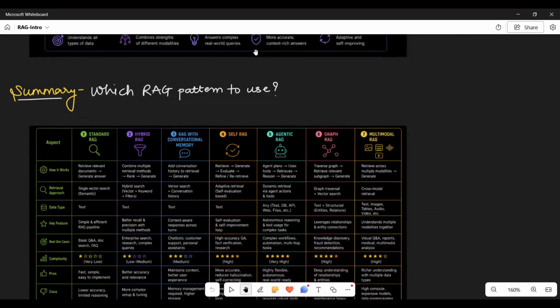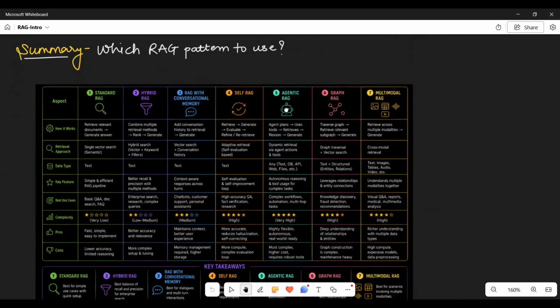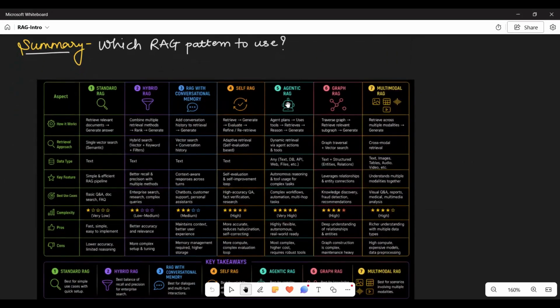This completely depends upon the use cases, right? So if you use standard RAG, it is best for simple use case, basic Q&A and quick document search. Hybrid RAG, when you need better recall and precision, when user asks queries in different ways. Then RAG with conversation memory. So when you are building a chatbot or any conversational interface, so that time you can use this particular RAG architecture. Self-RAG when your accuracy is more critical, medical, legal, financial domains, where